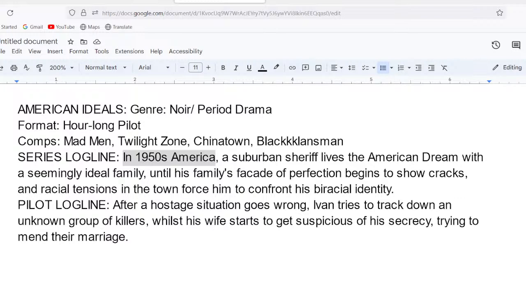So the idea is the family plays both the subplot and sometimes the main plot. For the pilot, they are the subplot of the story. But it's more of an examination of the family, because they all have their own internal problems, and they all share a theme of identity. For example, the mother has a midlife crisis, and she wants to break free from the almost Stepford wife kind of life where she is in this cycle of doing the same thing. And you have the daughter who is hiding her